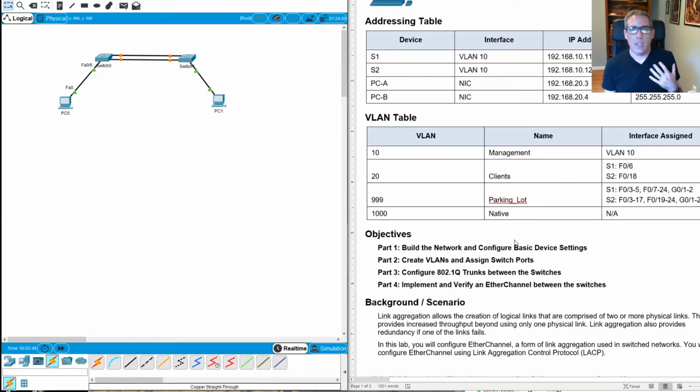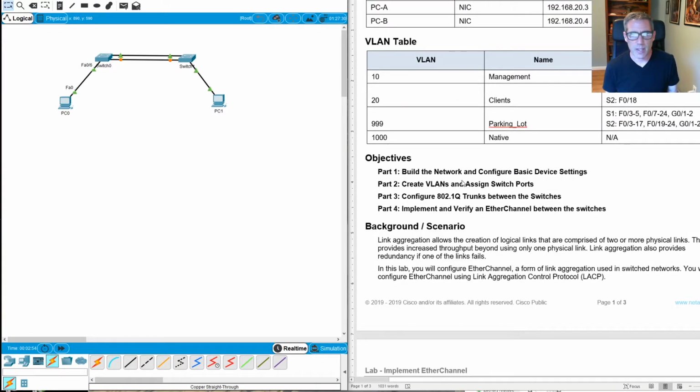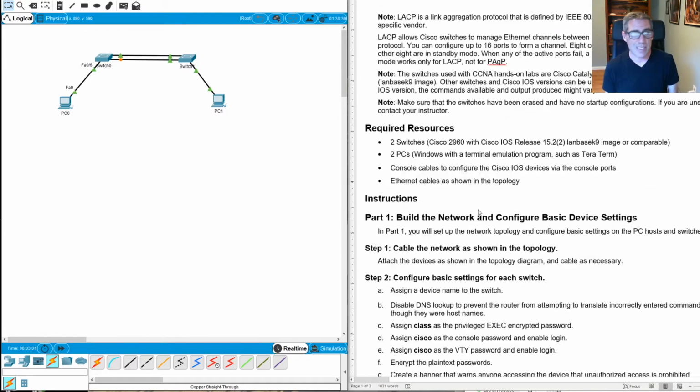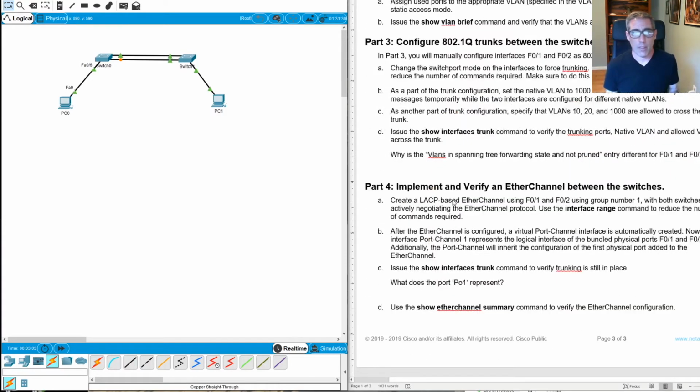Now, when you look at the objectives, we did part 1, build the network, maybe not basic device settings. We're not going to worry about VLANs or trunking or anything. Really, implement and verify an Ether channel between switches is the critical part that we're covering right now. So, what do we want to do? We want,